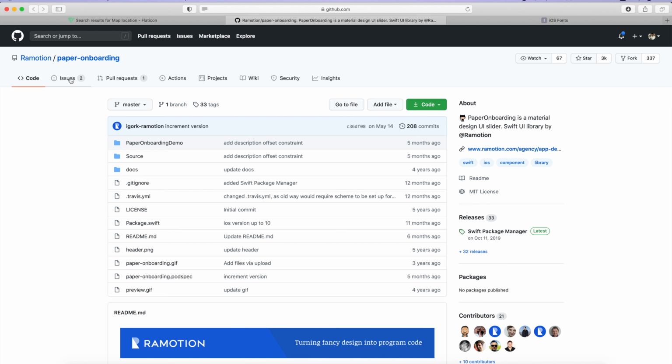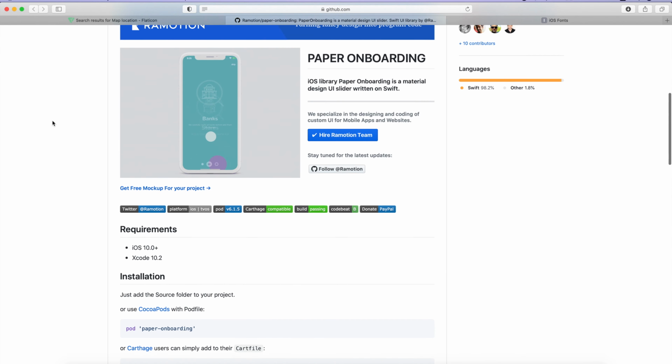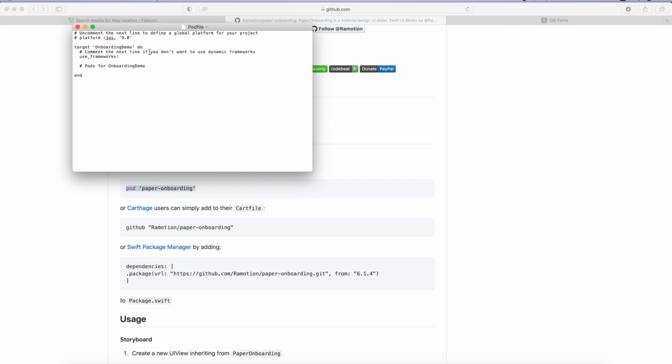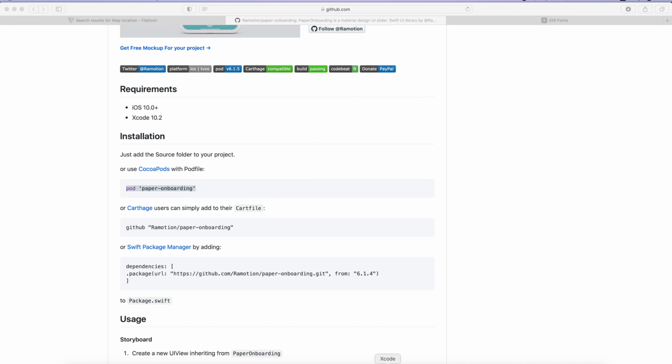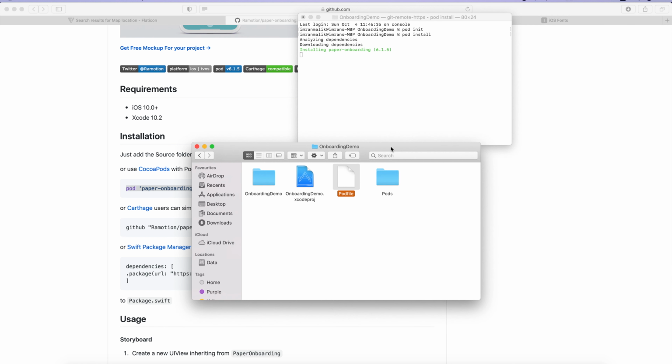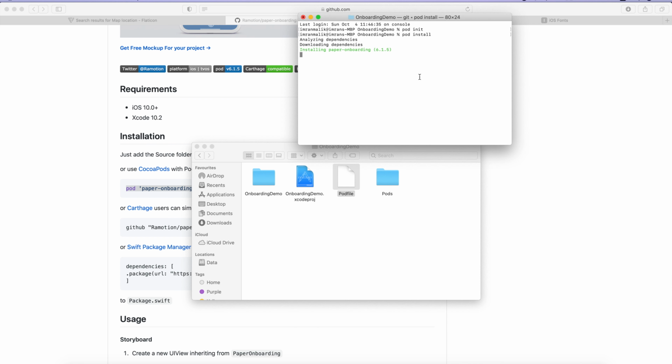You can find it on GitHub by just typing paper onboarding. Copy it and paste it in our Podfile. Okay, now I'm saving it, and now again go to the command prompt and run the pod install command. It will install the pod in our project. It will take a few seconds,